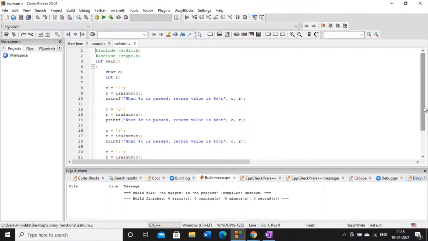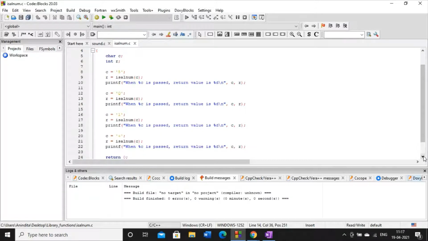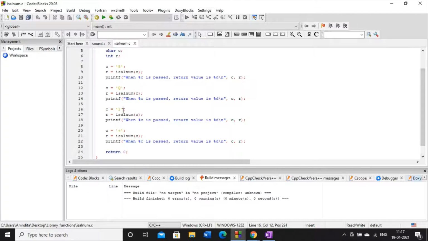Now, this is the code where stdio.h is the first header file that we need, and then we need ctype.h. Why am I using ctype.h? So that I can use the standard library function isalnum. First, within this character variable c, I'm taking 5 and I'm going to print the result that is stored in r. Then similarly, within c, I am taking other alphanumeric characters, such as capital Q, small l, and at the last we are storing plus.